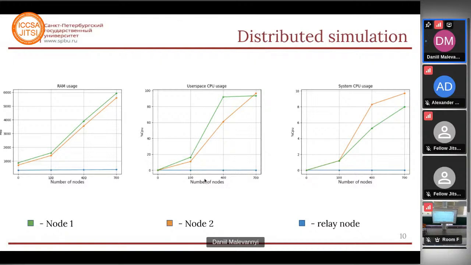And what's more interesting, we're using a relay node to connect all of the nodes that will be used for simulation. And as we can see, the CPU load and RAM usage is not rising at all with the rising amount of nodes. So the relay node is used only for the initial connection and doesn't really participate in the work of the simulation itself. That's a very good sign, and yeah, we are trying to see